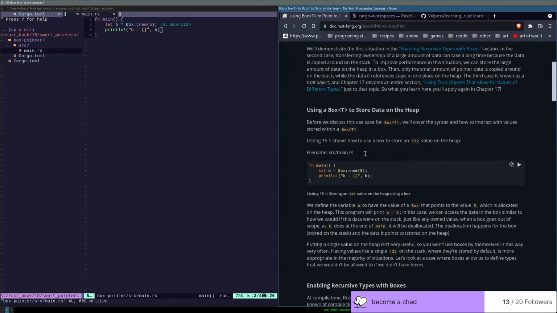We define the variable b to have the value of a Box that points to the value 5, which is allocated on the heap. This program will print b = 5 in this case. We can access the data in a box similar to how we would if this data were on the stack, just like any owned value. When a box goes out of scope, as b does,